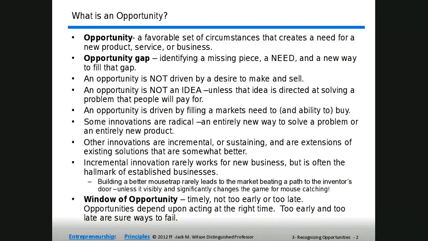On the other hand, if you could come up with an all-electric car that's faster than most cars around, in some models faster than any car around, like Tesla did, you have a radical innovation which is not easily matched by the existing companies. And so there you have it. Okay. We talked about an opportunity gap. We also have to mention a window of opportunity. I think that's pretty straightforward. I think most of you know what the window of opportunity is.